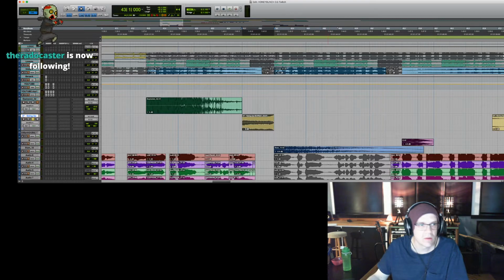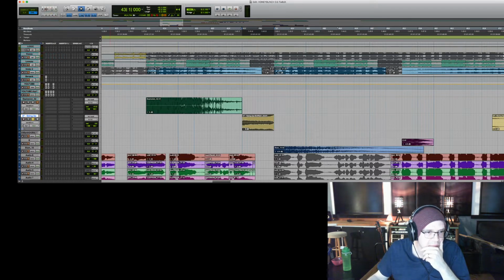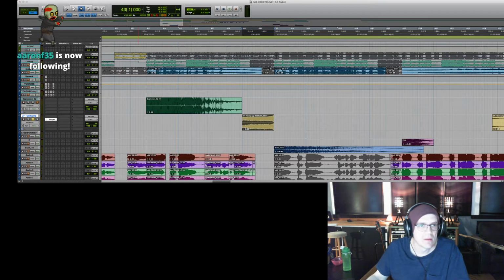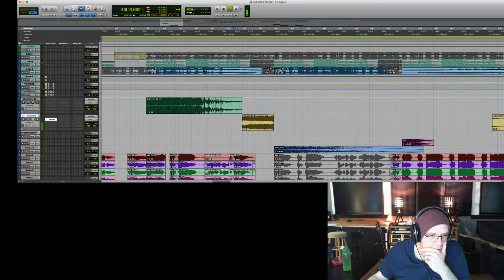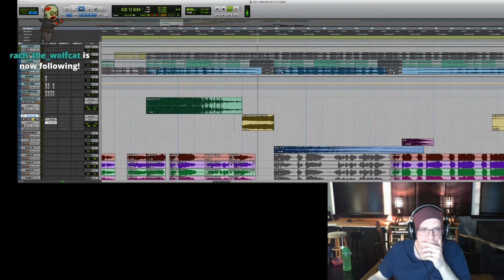All right, so this here should be, let's see, modulation, flanger. Let's see this one. And then let's add. See.